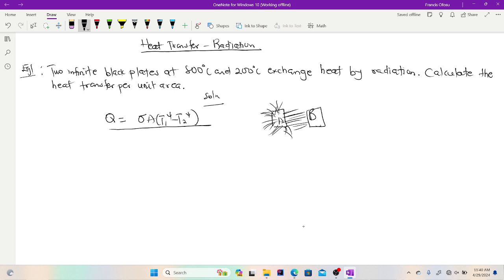When you want to find the heat transfer from A to B, considering only heat transfer by radiation, we can say that all the heat emitted by body A is absorbed by body B. Therefore we have a factor we call the view factor or the geometric factor, represented by Fg. So we correct that and say our Q is equal to Fg sigma A (T1 exponent 4 minus T2 exponent 4), and then